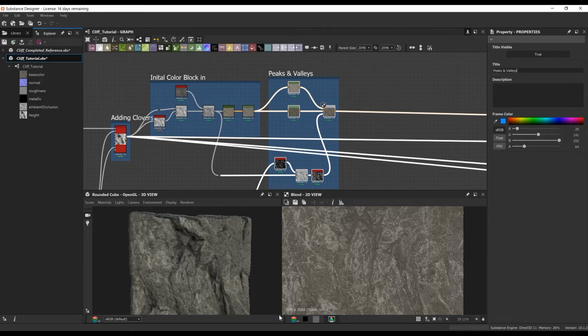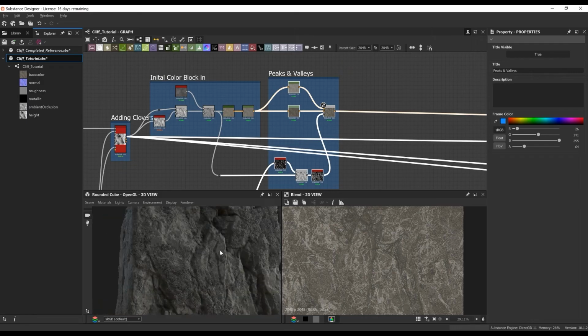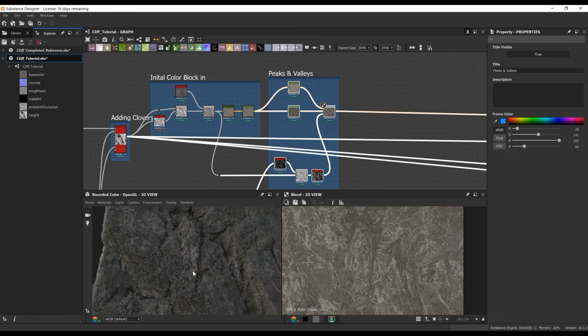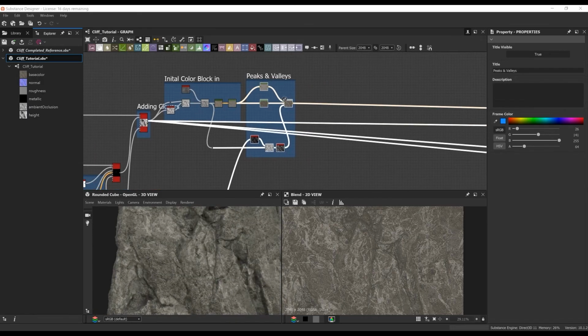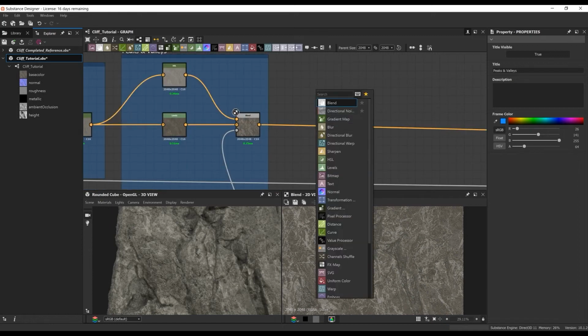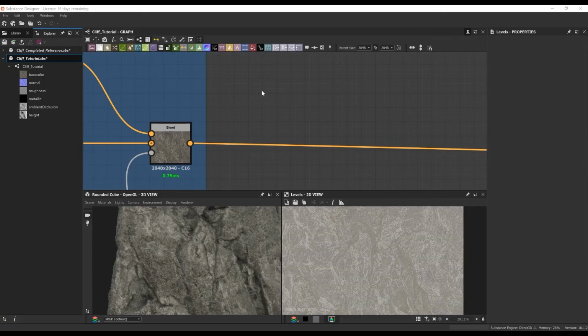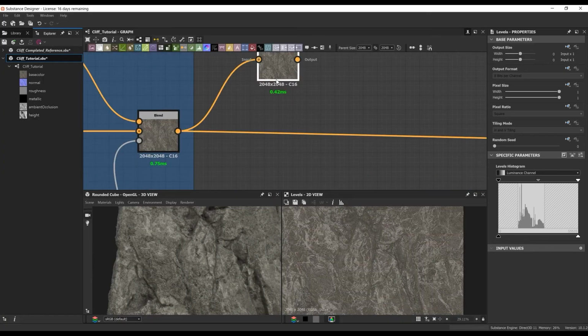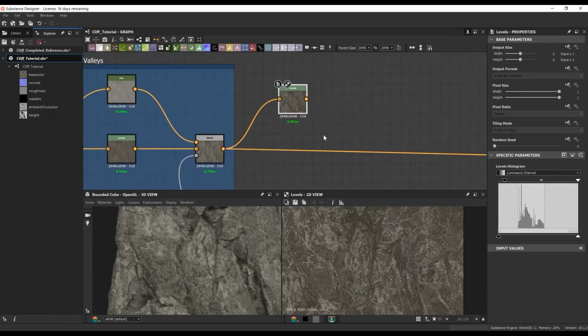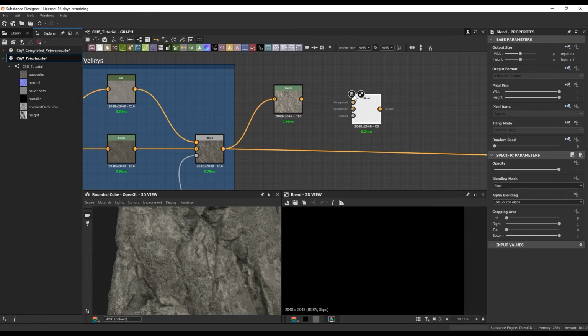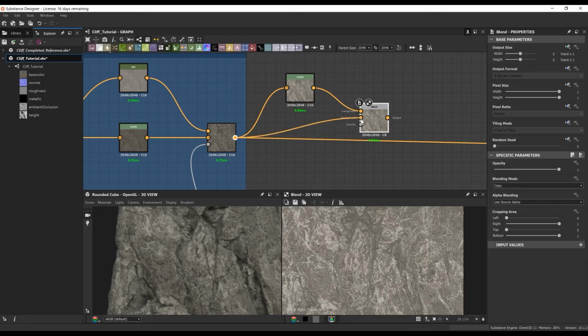The get slope is really cool because it reminds me of one of the matcaps in ZBrush that gave me the peaks and the valleys. So it gives you a similar effect. And what I did with that get slope was use it to create a mask to blend two different gradient colors into itself. I had a light brown and a dark brown, and those were created from HSLs that we got from our original color block-in.